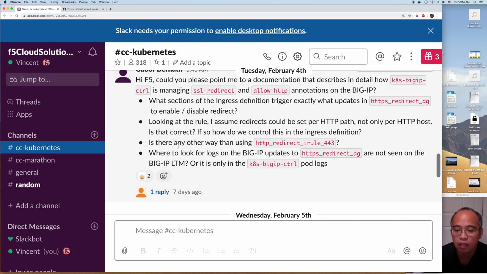That's the only way that is coded in the Kubernetes BIGIP controller, and I believe there is also an iRule annotation in the legacy BIGIP controller. I may have a patch or code for iRule annotation, but that's not recommended for the most recent